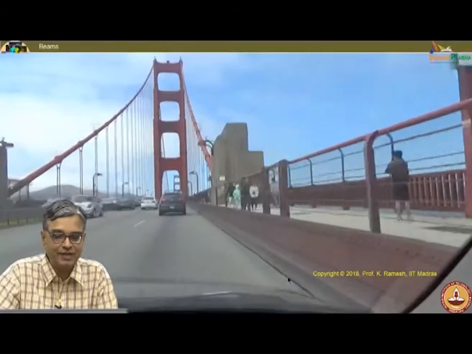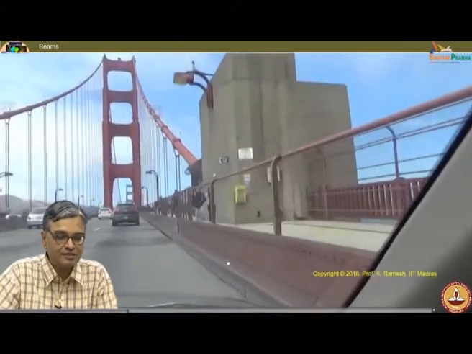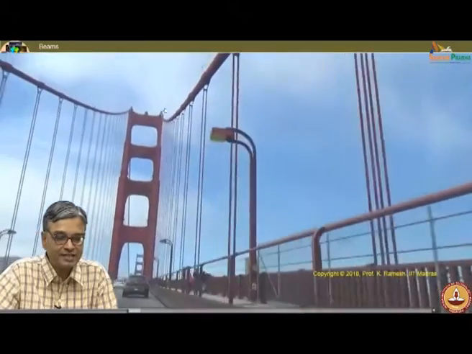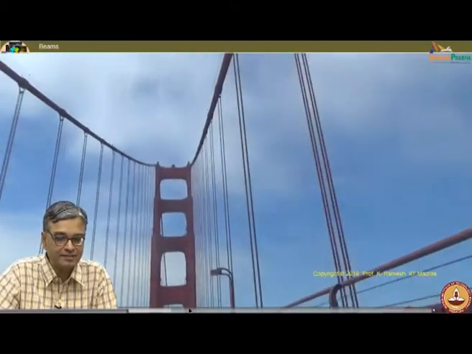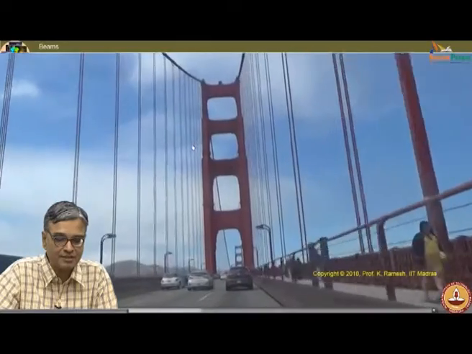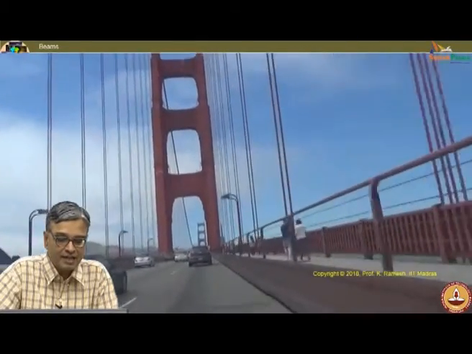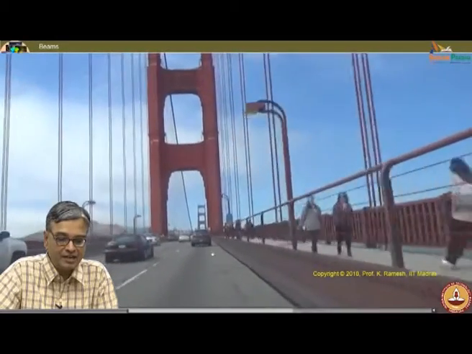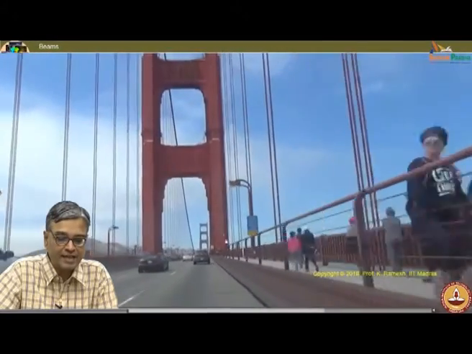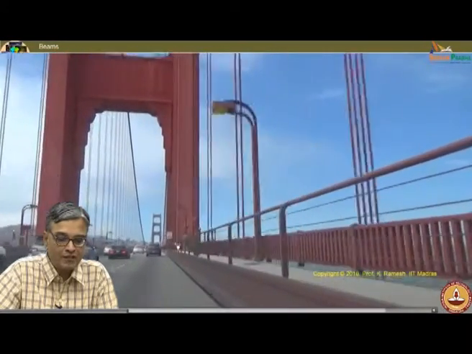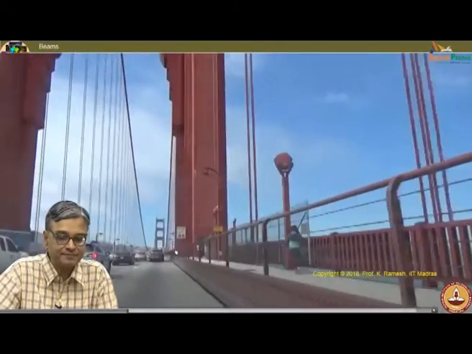You will feel it only when you travel on this. So, you have the feeling of traveling on the bridge. You can see these cables supporting this. There is a massive pier which is supporting this suspension. And what I want you to notice is, when we see here the board would say there is a maximum speed limit of 45 miles per hour.